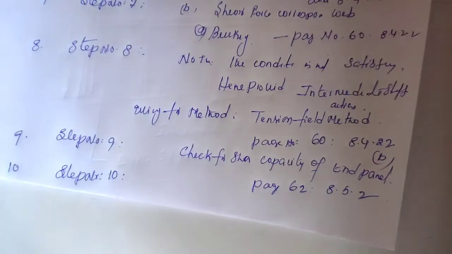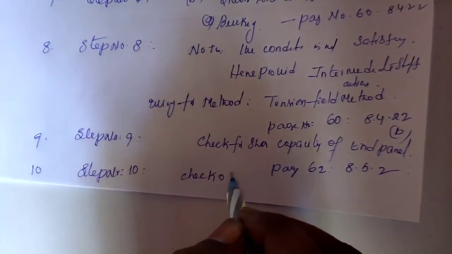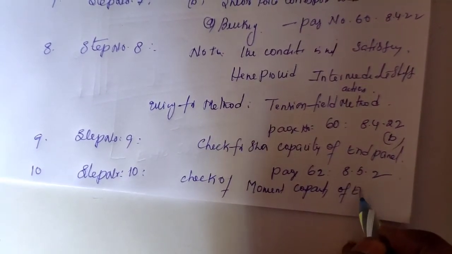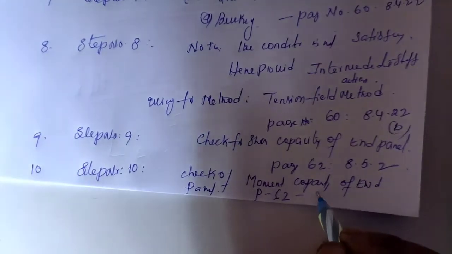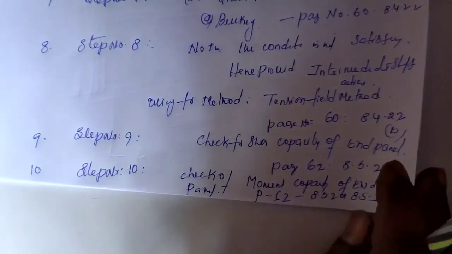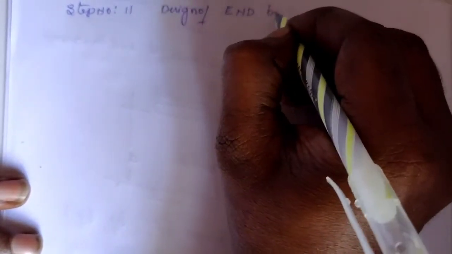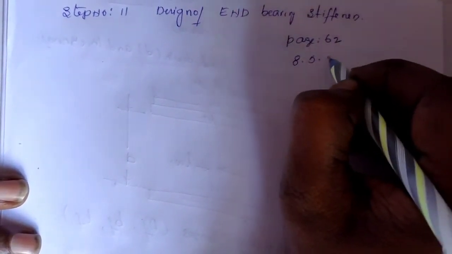Check for moment capacity of end panel. Page number 62, 8.5.2 and 8.5.3. Next step number 11, design of end bearing stiffener. Page number 62, 8.5.2 and 8.5.3. Next step number 12,